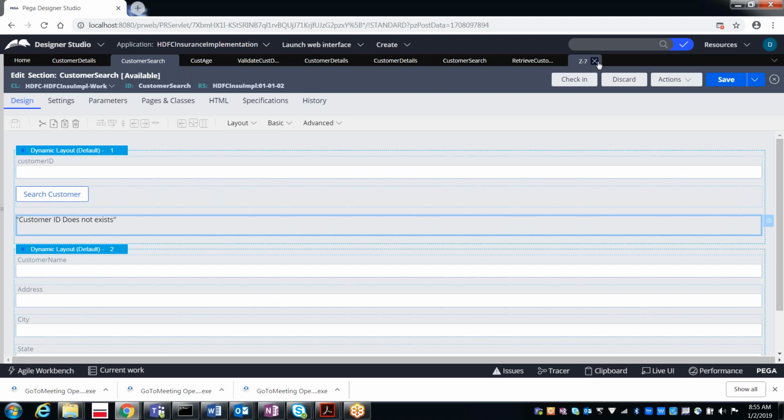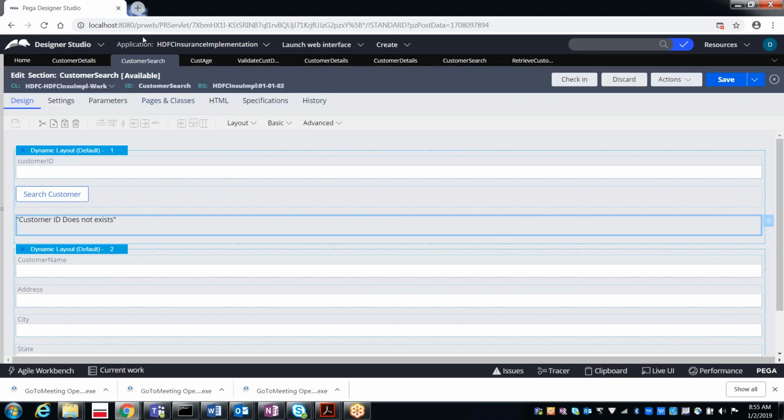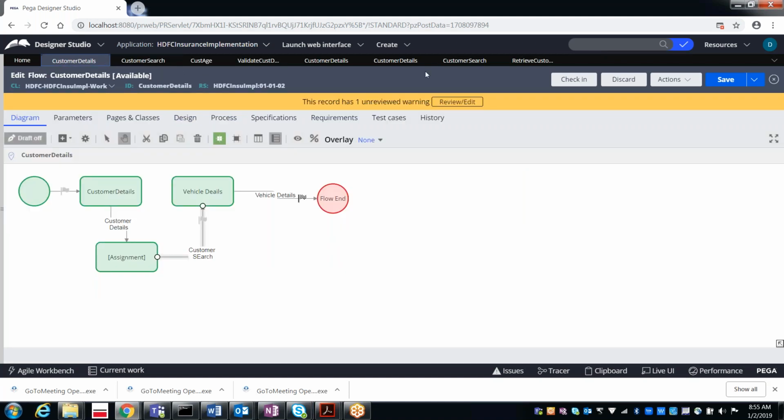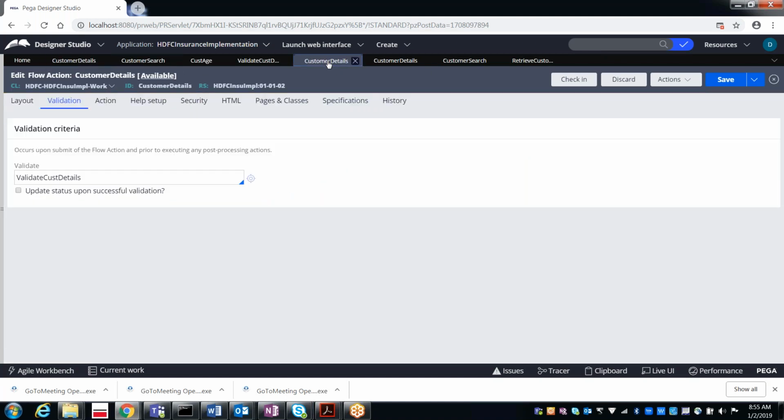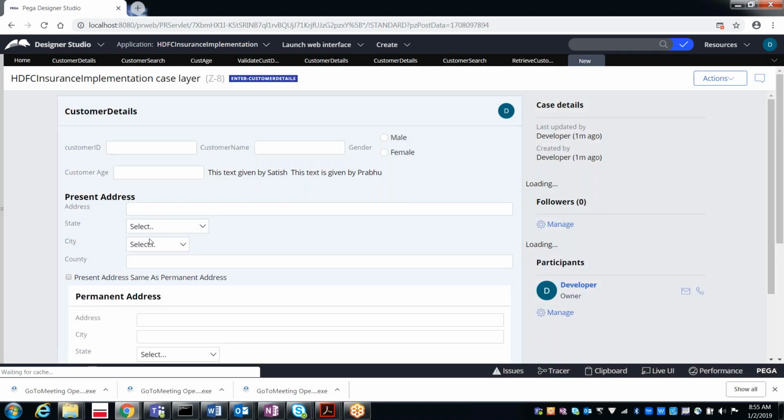Okay, so now again create one more object. Actions run.